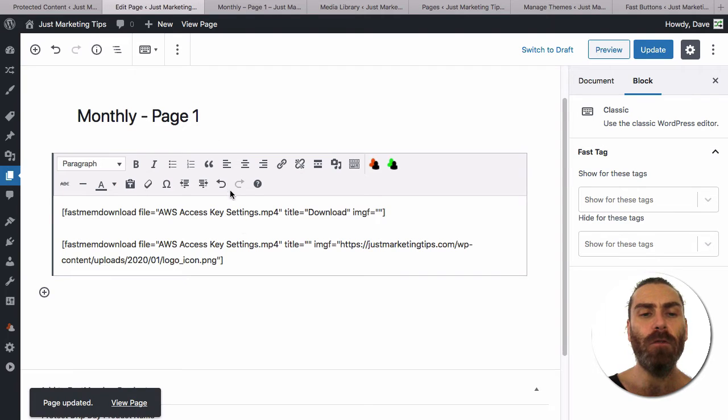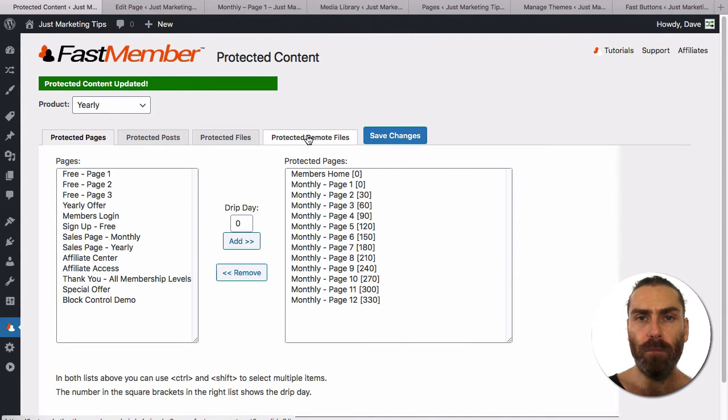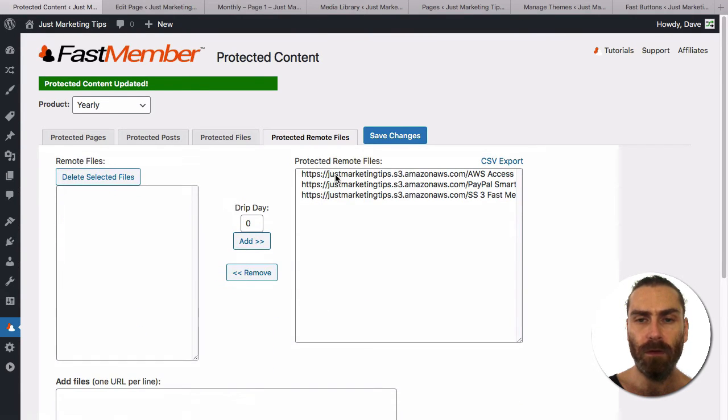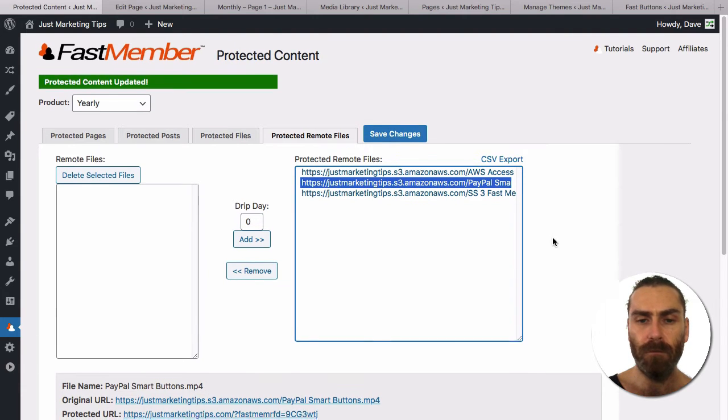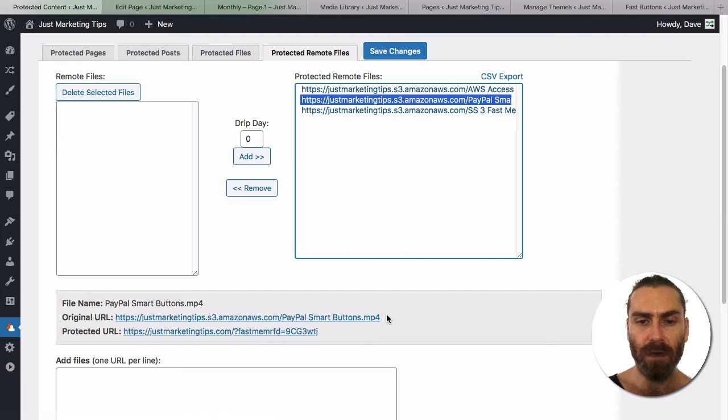So let's have a look now at the protected content for the protected remote files. So these are the ones that have been added on Amazon. Let's choose a different file. So we'll use this PayPal Smart Buttons video. And we want to basically use this protected URL. So basically we can copy that URL,